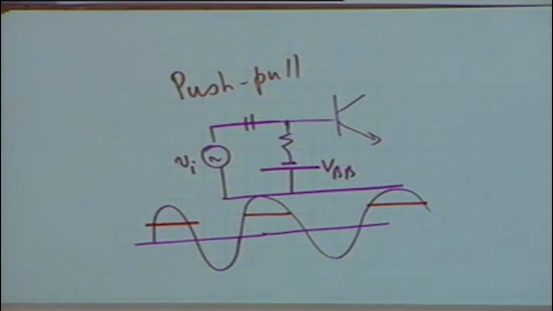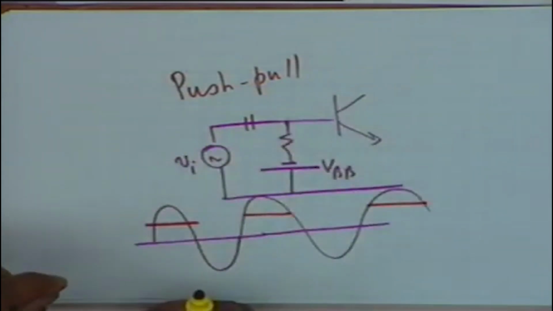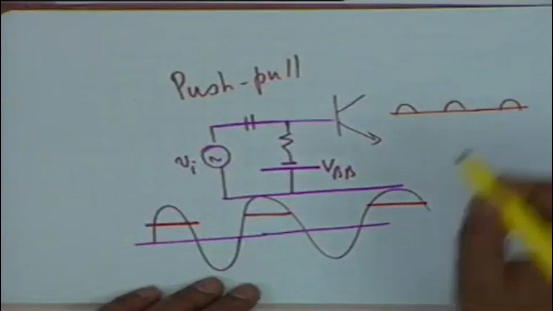Now the problem of distortion. As you see in class B operation, as I said, 2 transistors are used. One takes care of the positive half cycle, the other of the negative half cycle, and the 2 outputs are so combined that a full cycle of the output is obtained. So there is no distortion. In class C, this is not possible, because even a half cycle is not obtained. So what is done is, from these little pulses,